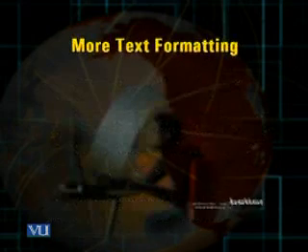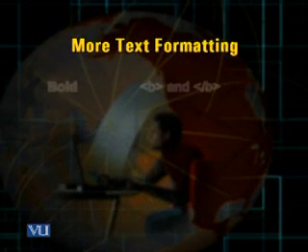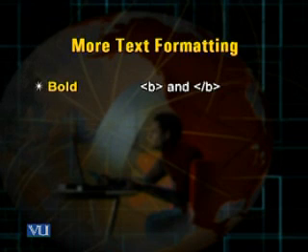There are a few more formatting tags. As you can see, the bold tag is shown by the letter B. It has its corresponding closing bold tag, and the word contained between the bold tags is and. So accordingly, the word and would become bold as an effect.